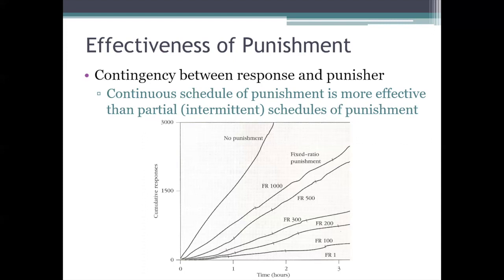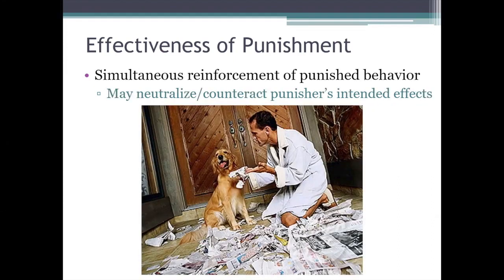So, for a punisher to be effective, then it needs to be contingent on the response that you're trying to punish. There needs to be that causal relationship between performing the response and receiving the punisher. And again, the stronger that contingency is, the more consistently the punisher follows the behavior, then the more readily that behavior will tend to decrease. So, contiguity between the behavior and the punisher helps. A contingency between the behavior and the punisher also helps. But guys, one thing that can sort of undermine a punisher, make it less effective, is when the behavior that you're punishing also produces a reinforcer of some kind.